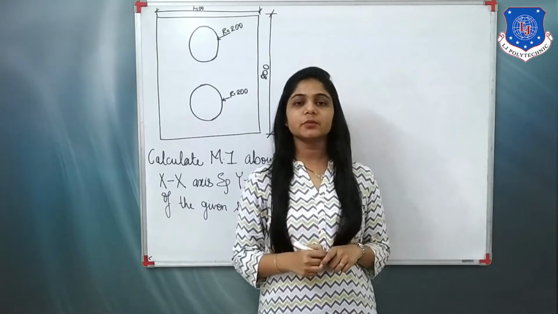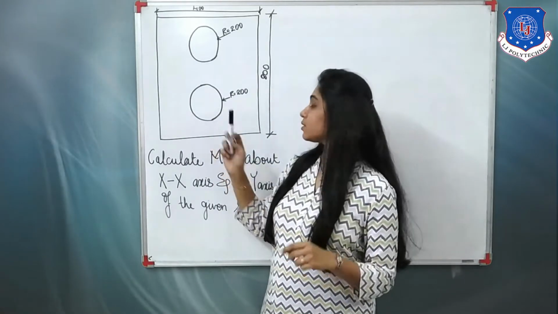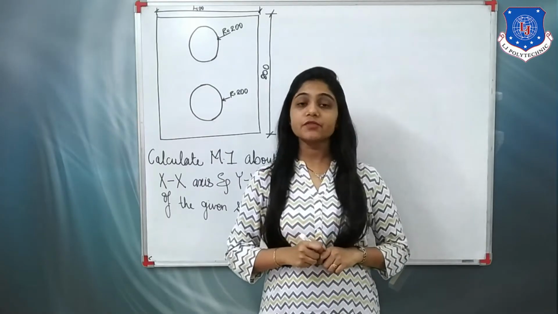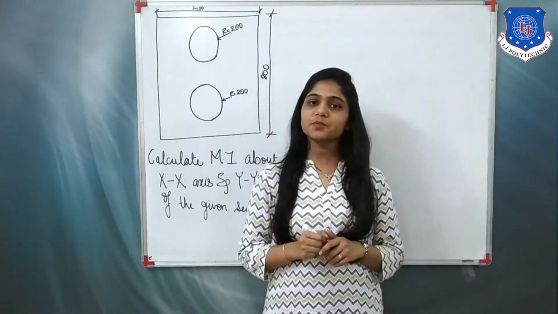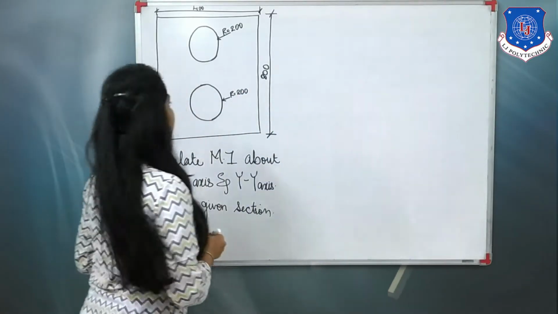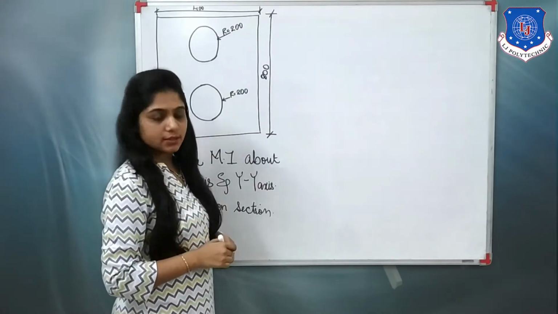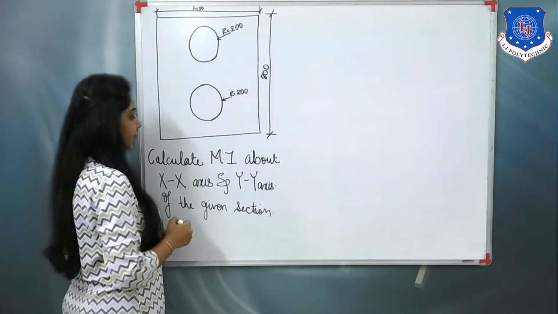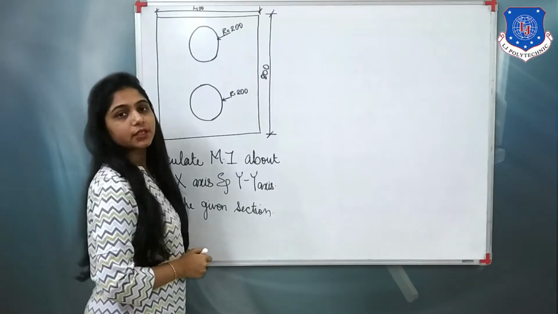In this video, we will be dealing with moment of inertia numericals, as you can see over here, that is coming in the 5th semester of architecture assistantship for the structure subject. So let us begin with this numerical. As per the shape given, which is nothing but our section, the sum says: calculate MI about x axis and y axis of the given section.